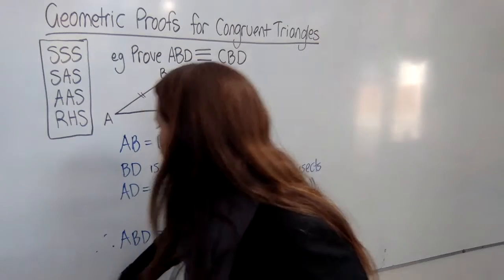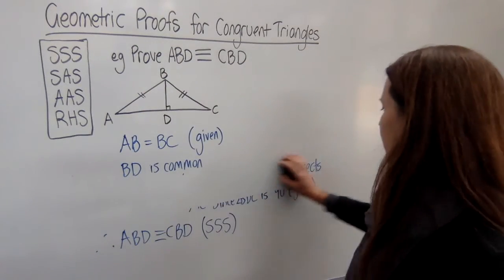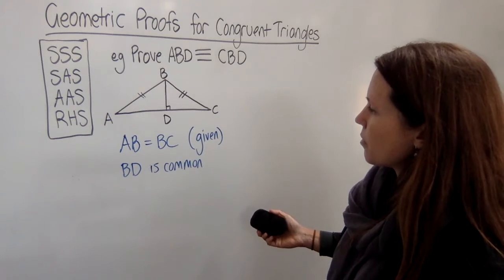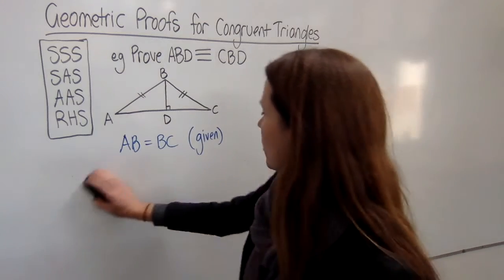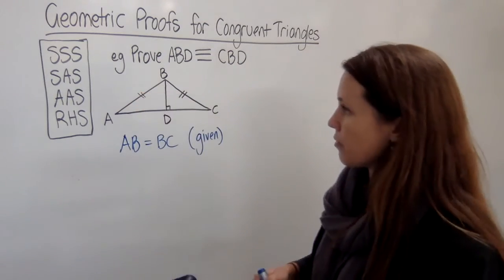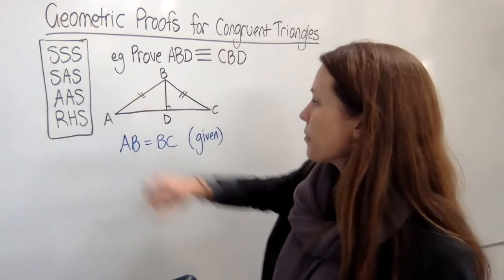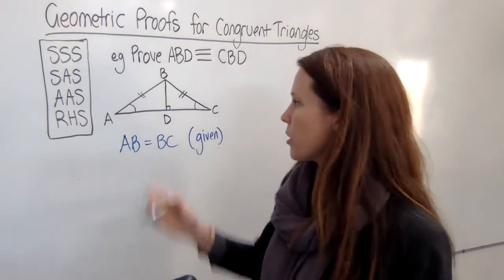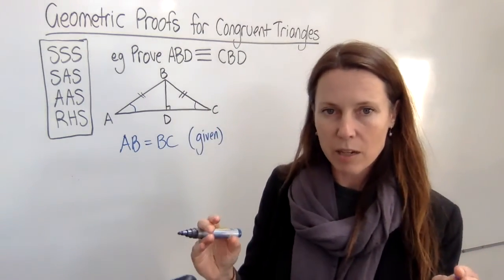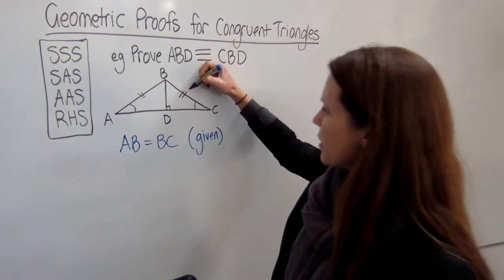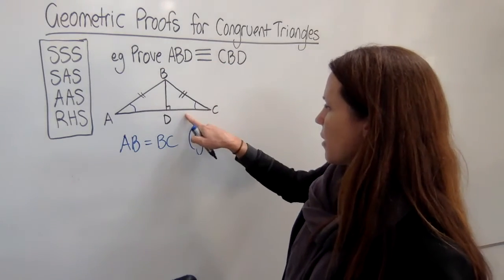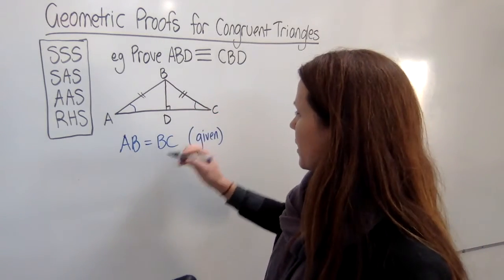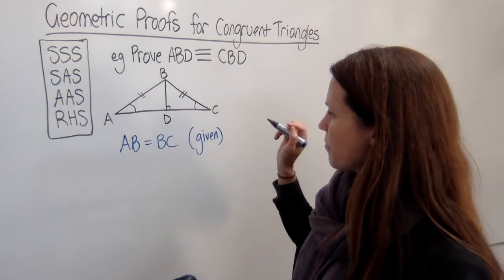All right, so can I write this another way? Well, yes, I can. Let's start with the same 2 bits here. No, let's actually just start with this. We know that those are given. If I was going for side, angle, side, it's pretty easy to prove that this angle and this angle are the same. How do you know? Well, because this is an isosceles triangle and base angles are equal on isosceles triangles. So if I have this side and this side, and I've got the angle that's included, then I'm there. Okay, so what I'd need to do is start by saying these sides are the same, and then